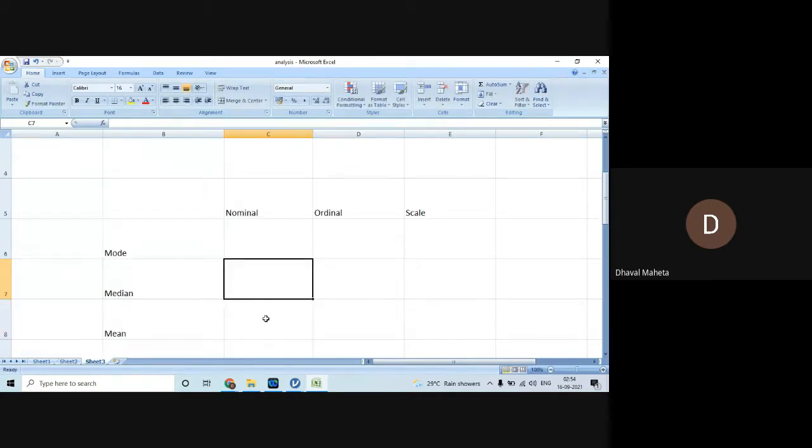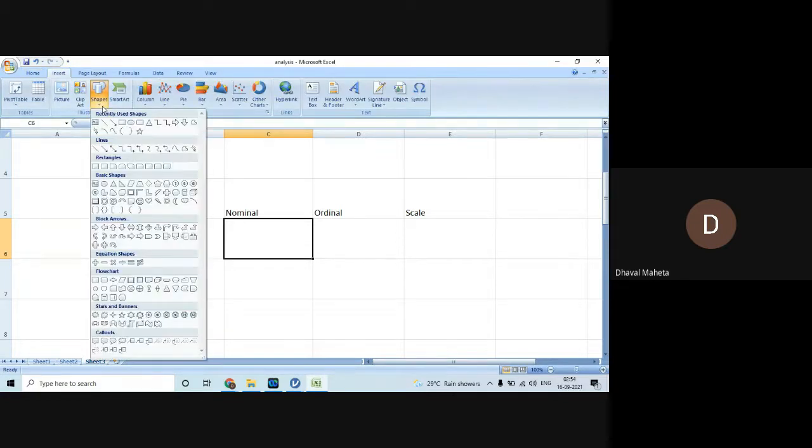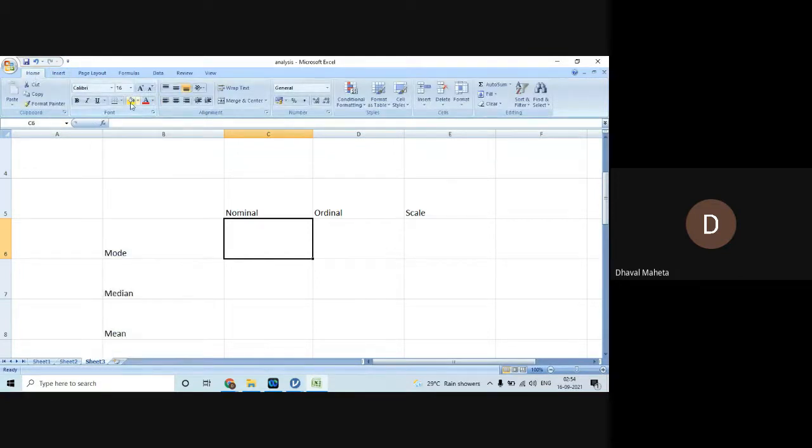When it is nominal data, you can only compute the mode.